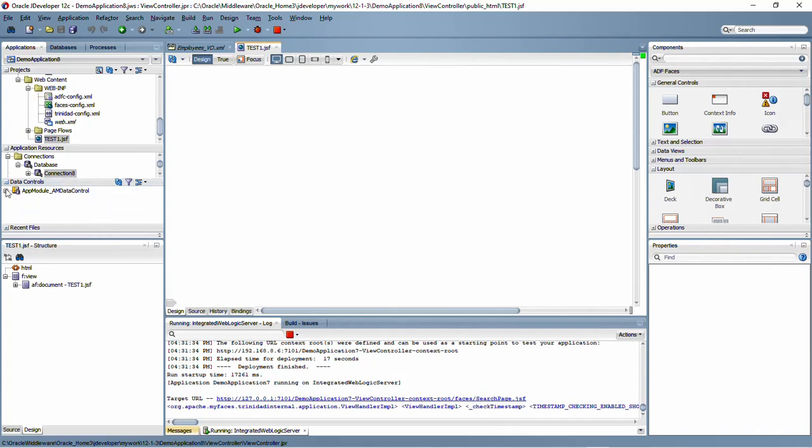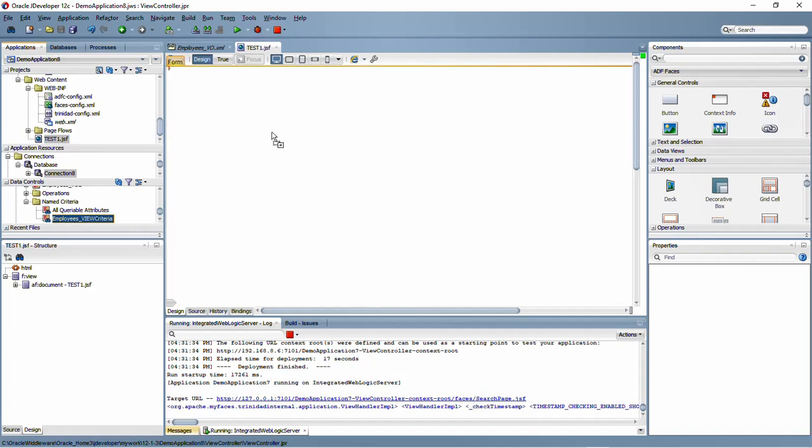So here in the application data control, we have the employees view object. Application module is nothing but a set of view objects. Here, however many view objects you create, they appear in the application module data control. In the named criteria, all these queryable attributes are there by default, but since we created the view criteria, it appears here as employees view criteria. So select this